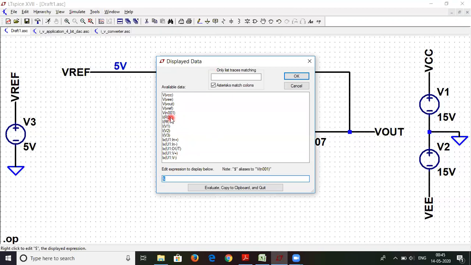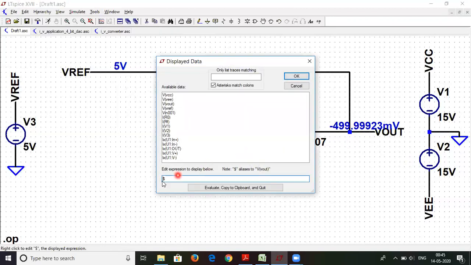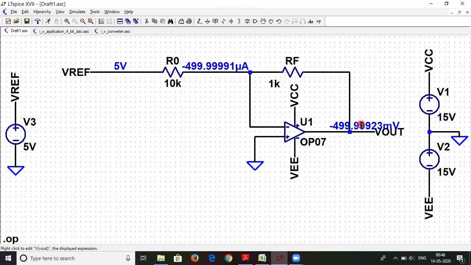So this is the current flowing through the R0 resistor. So once I click on OK, the correct value of the current will come over here. And similarly, we'll go over this wire, right click over it and place .op data model. So here also we will confirm that this is the value of V out.